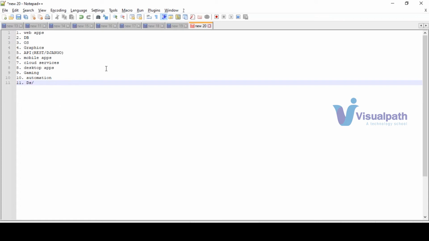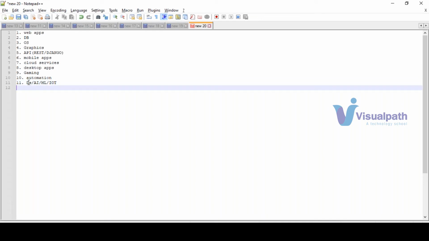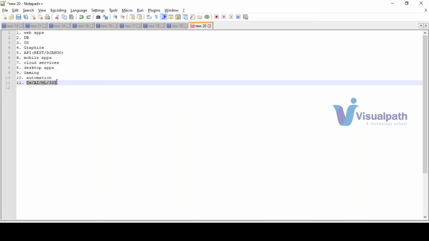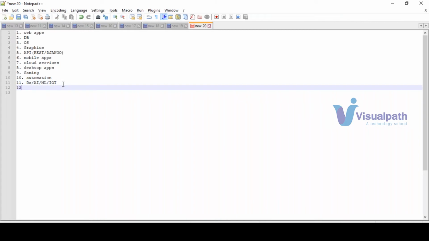Yes, data science, artificial intelligence, machine learning, IoT. These are now booming everywhere. We are hearing about these things, right? And maybe robotics. Like this, we have plenty of applications in the software industry.